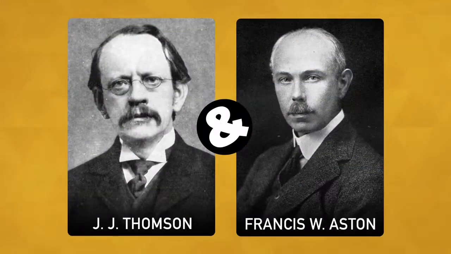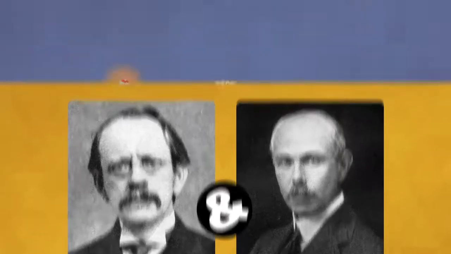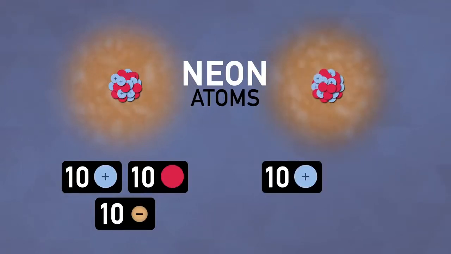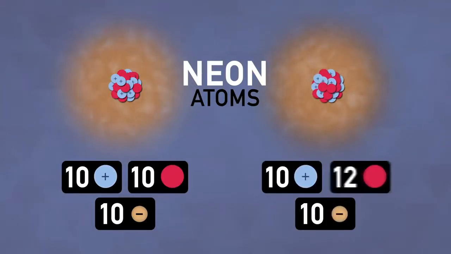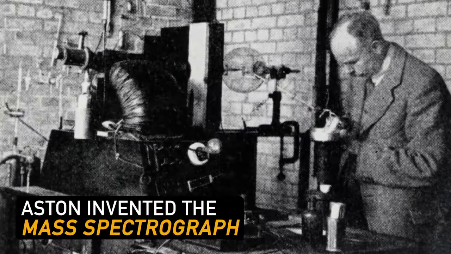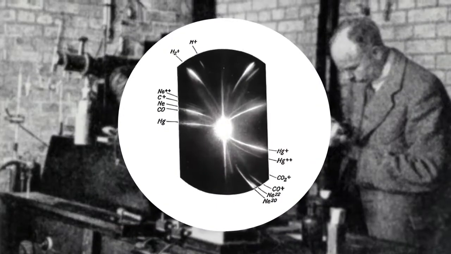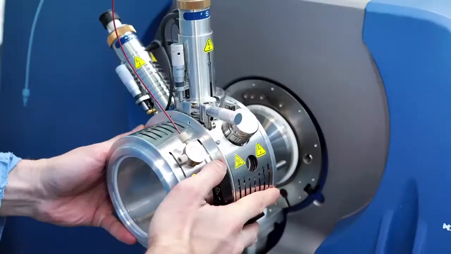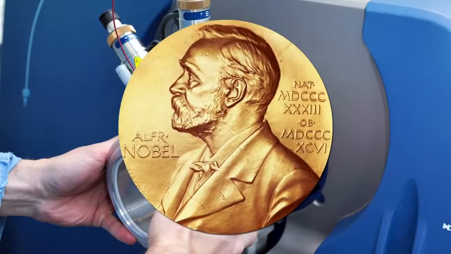Back in the early 1900s, the discoverer of the electron, J.J. Thomson, with the help of his student Francis W. Aston, identified two different types of neon atoms, one type with 10 protons, 10 electrons, and 10 neutrons, and then one with 10 protons, 10 electrons, and 12 neutrons. Aston went on to invent a groundbreaking machine that he called a mass spectrograph. Using this machine, Aston identified hundreds of other isotopes of other elements. The mass spectrometer is now used in labs all over the world, and Aston won the 1922 Nobel Prize in